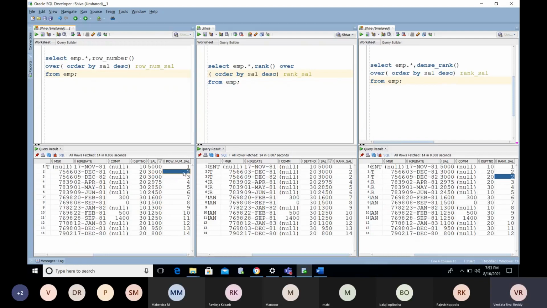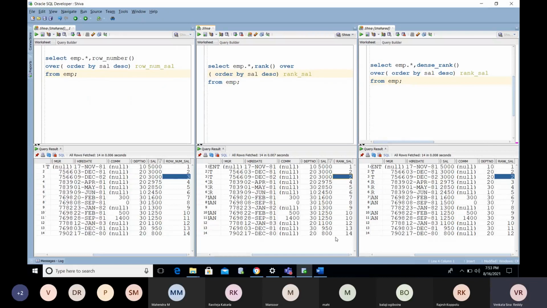Coming to the second record, see, there is a common record here. You need to provide the same rank for this 3,000 also, correct? But you are providing a different value. Sorry, here it provides the same rank; here also it is providing the same rank. But in the RANK function you are missing some ranks in between.